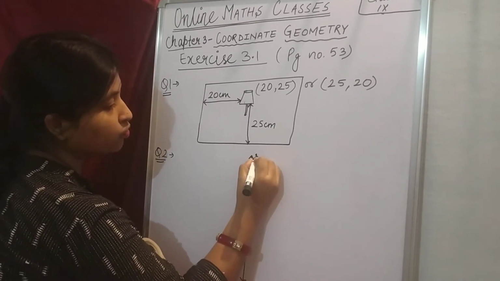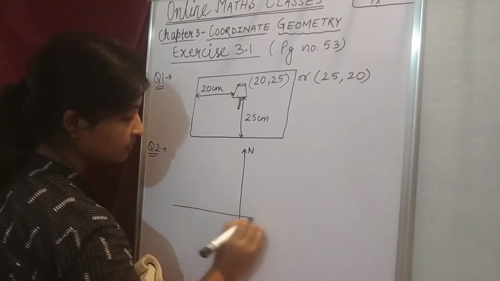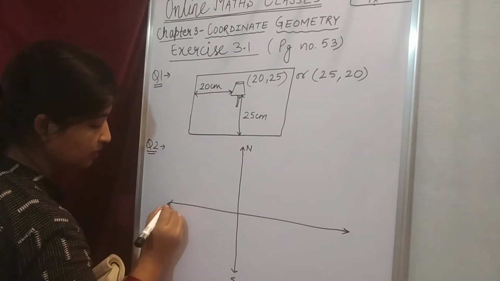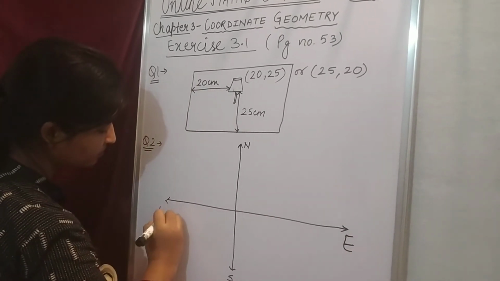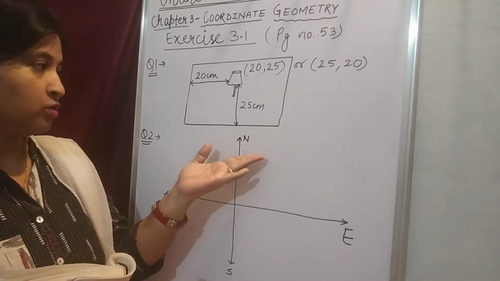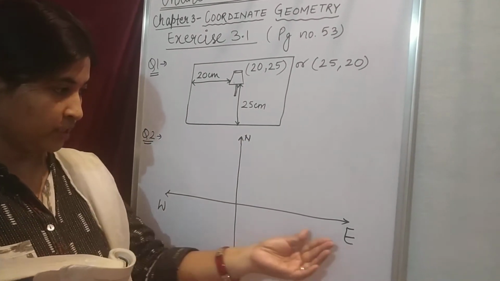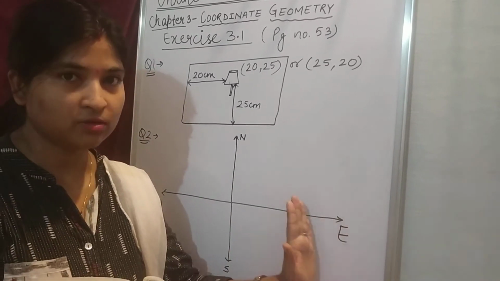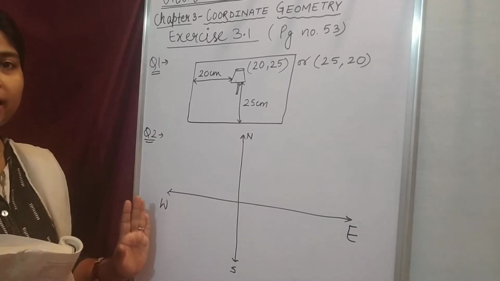North-south, I think all of you know, the upward one is north and downward is south. And the second road is in the direction of east and west. So this one is east and this one is west. I think you are doing it in the map also: the upward one is your north, the downward one is south. The East Bengal side on the map is your east. The Gujarat side is your west.